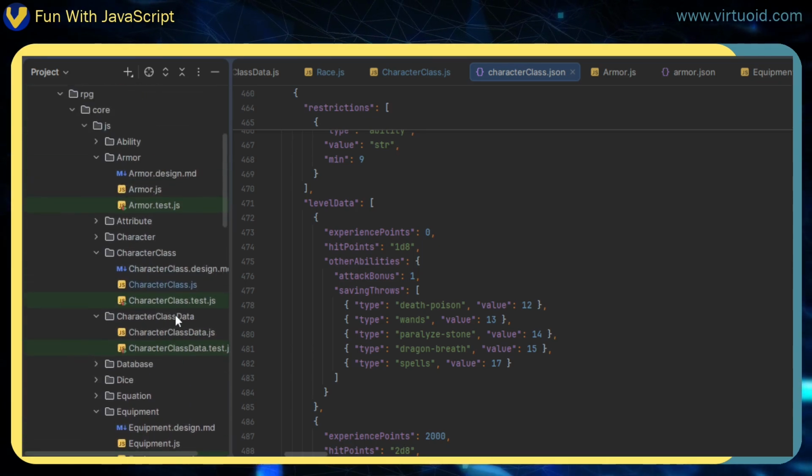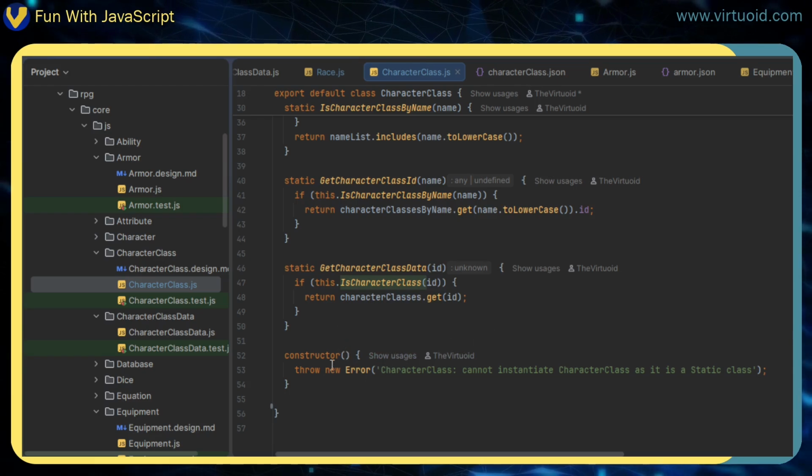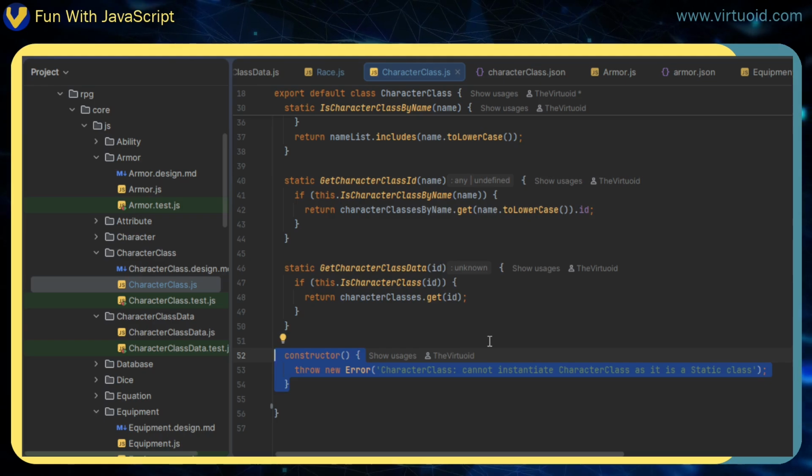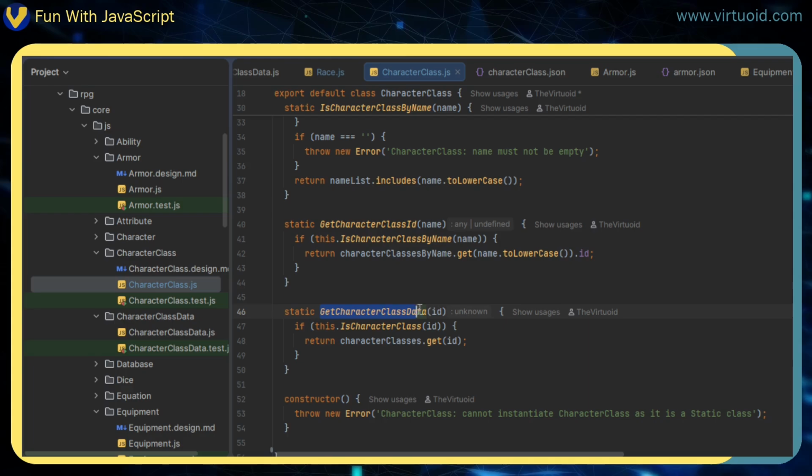And the key thing about this is that notice that this one, and race is going to be the exact same way, you can't construct it. There is no construction for the character class. So how do we get the data? Well, once you get your character class and select your character class, you do a get character class data, and that will return